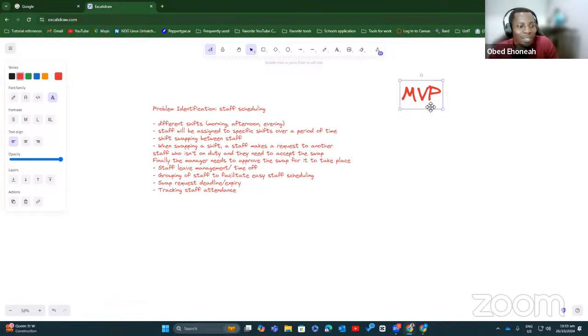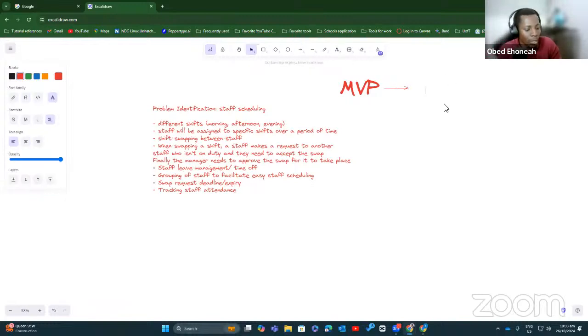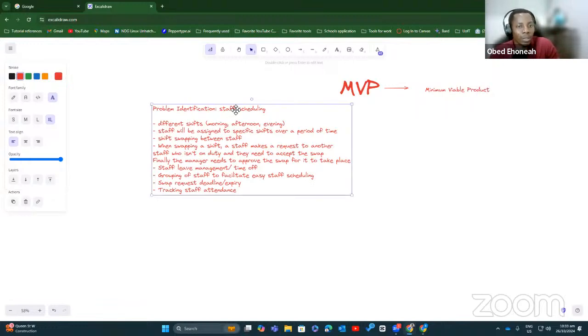So yes, I may assume that this is too simple and everybody here knows it, but hey, I've learned not to make such assumptions. So if you don't know it, you are here for good. You learn it. Minimum viable product. What this means is, for the product that we want to build, what is the basic form of it that is usable and solves the problem.